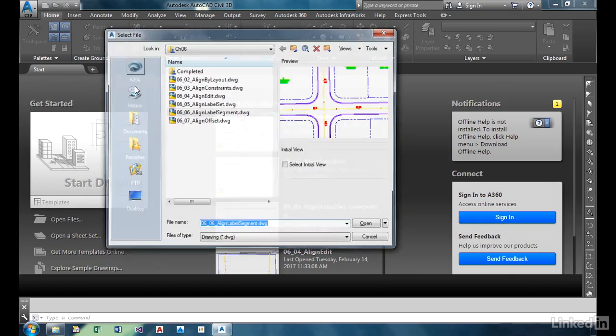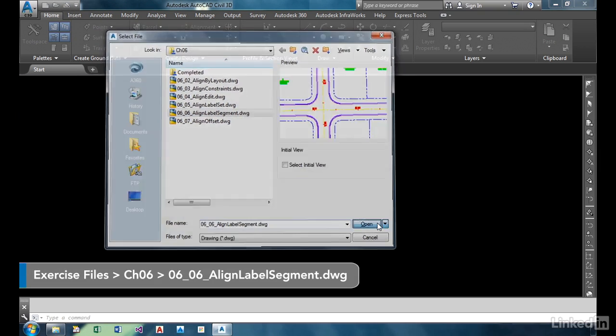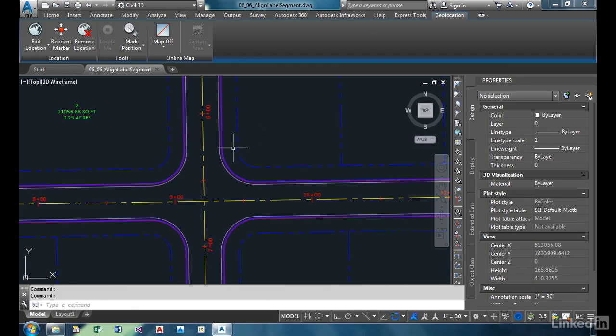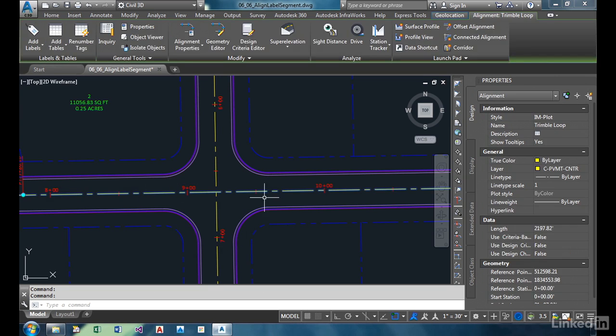We're going to open up in this exercise our alignment label segment. Click open. And we're going to look at this intersection here. We want to go ahead and place station offset labels at every one of the PCPTs of our right-of-way to identify a little bit more where those iron pins would sit for our right-of-way curves. So we're going to go ahead and select our main alignment coming through here, Trimble Loop, and I'm going to